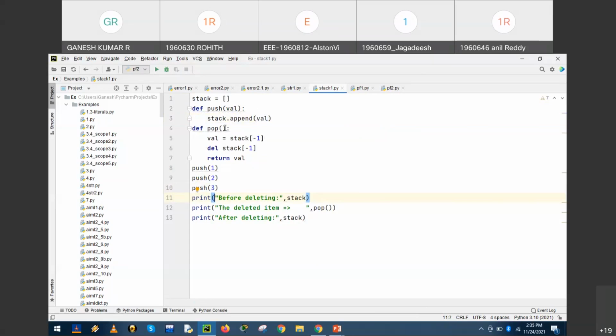Next, definition pop. So locate the top one, the rightmost item, delete the rightmost item, and refresh the val. That is, they are removed. The next second top will appear as the new item at the front. Before deleting from the stack, the pop will give the deleted item.